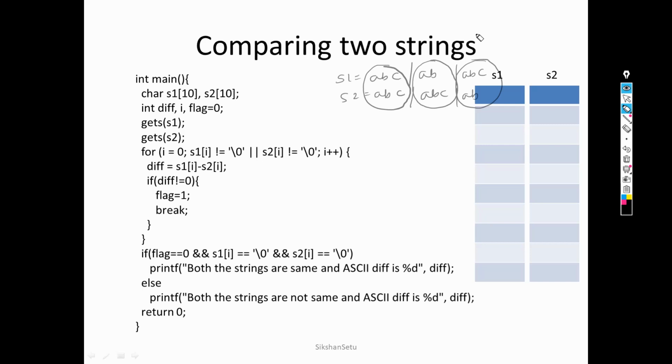It may be possible, or both the strings may have equal number of characters. So for that, what we have done, we will be starting from the first character because we need to compare both the characters from both the strings. Now the condition written is s1[i] is not equal to 0, meaning the value of s1[i] should not be null, and s2[i] is not equal to null,